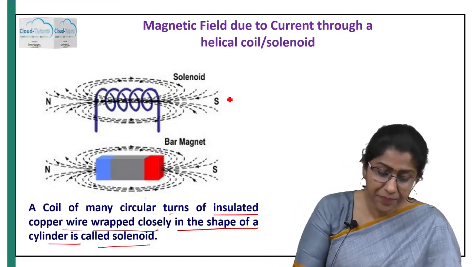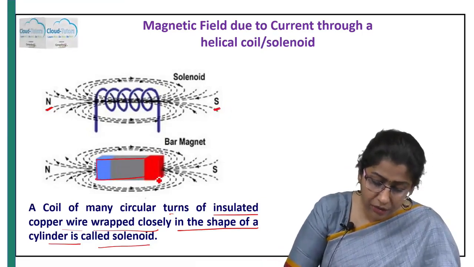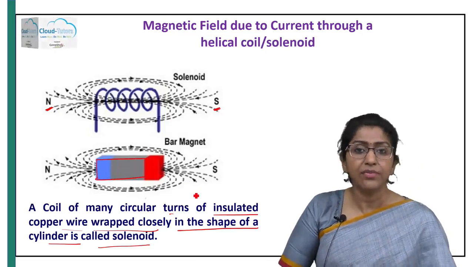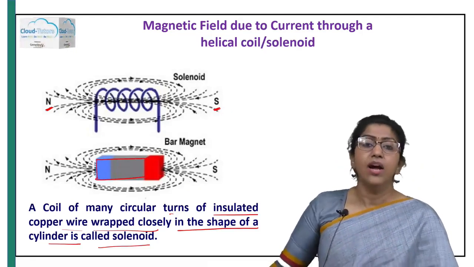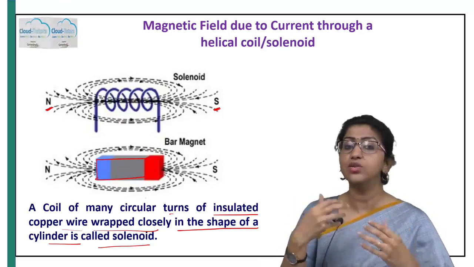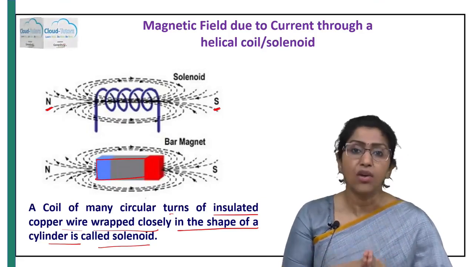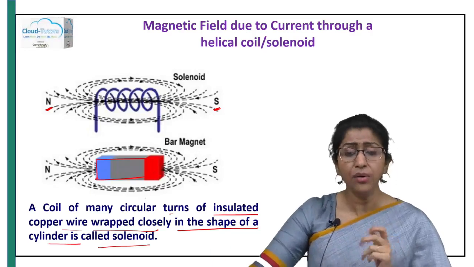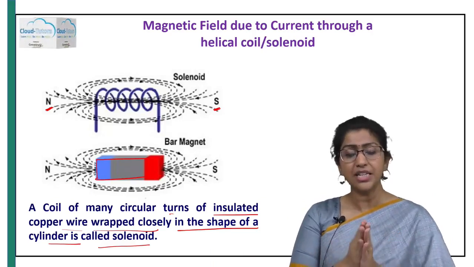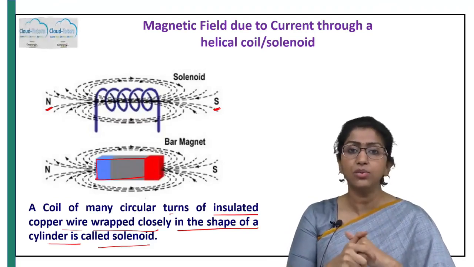As you can see here, the North Pole is here and the South Pole is here, and if you keep a bar magnet in order to compare it with the solenoid, you can see that the magnetic fields are exactly the same. Very similar looking, correct? So instead of using a bar magnet, which is quite bulky, and there are so many things that we cannot do using a bar magnet, that can be done using a solenoid, correct? Now this magnetic effect of electric current basically disappears, as in the magnetic field disappears, when we stop passing the electric current through the wire, correct?